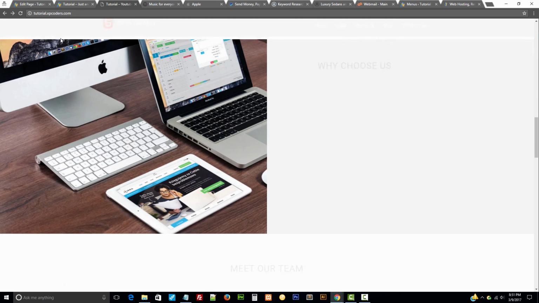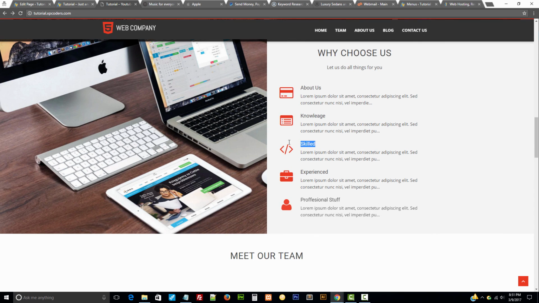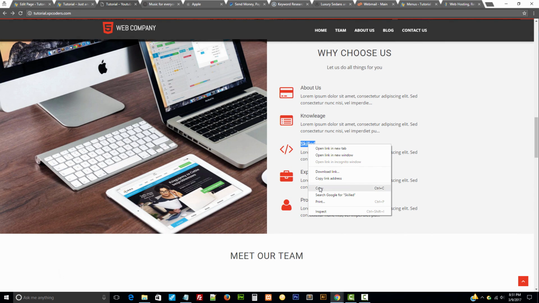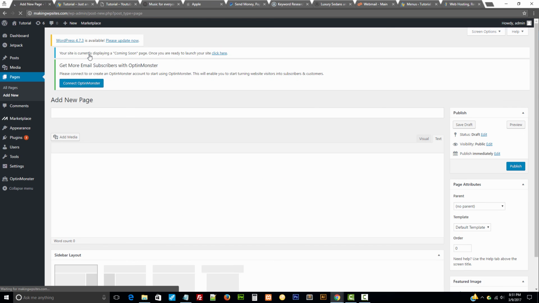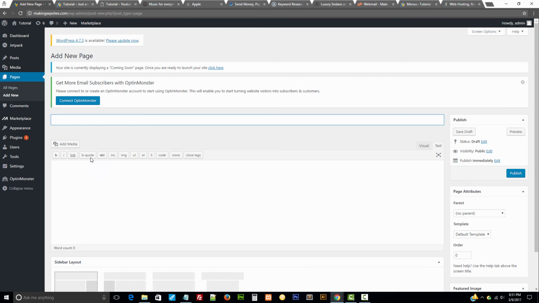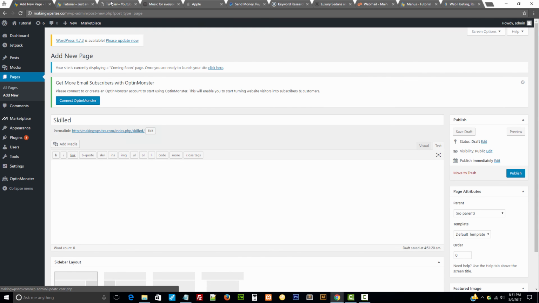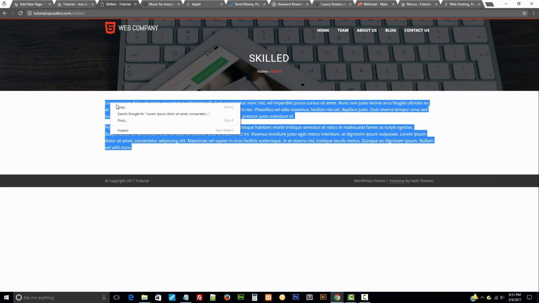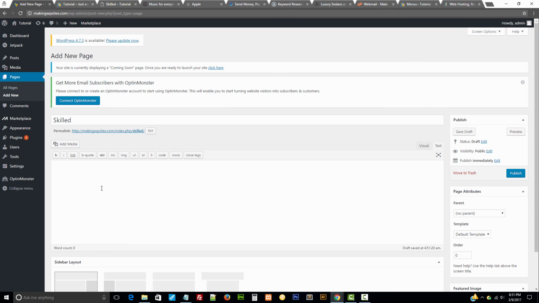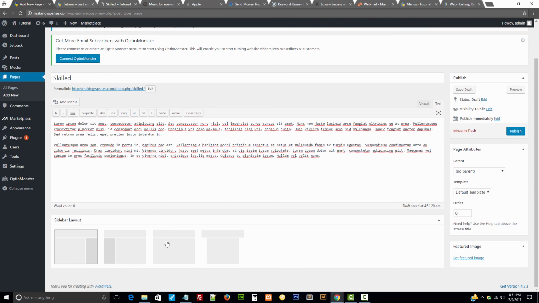So we're gonna choose this one first. You can type that in if you want, whichever is faster. I think it's faster to copy and paste it, so I'm gonna just copy that and paste that there, and then click on that and copy the rest of the text, paste, change the layout, publish it,